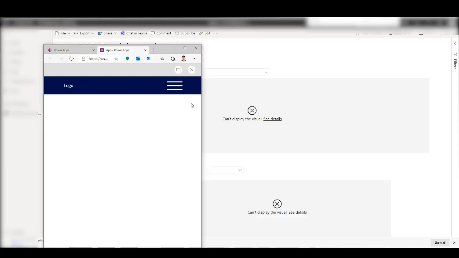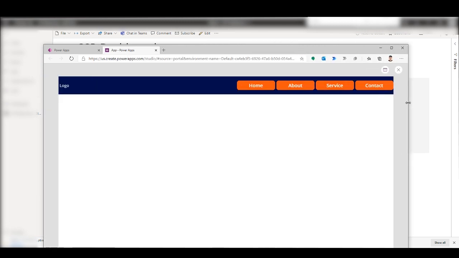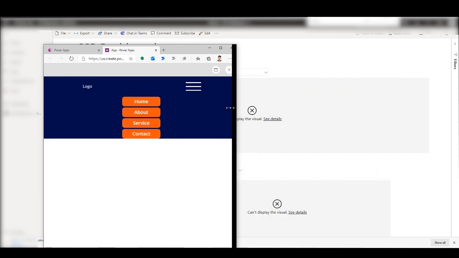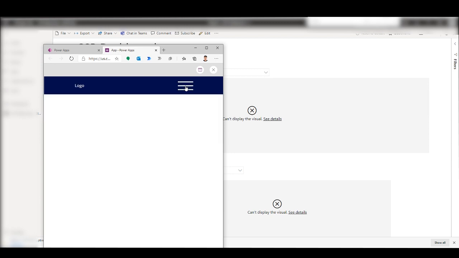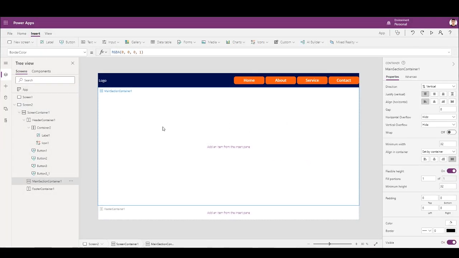So let's play this. So now we have the hamburger menu, and if it's expanded it will disappear, and it works something like this. Apart from that, due to this container, lots of things are now easier.